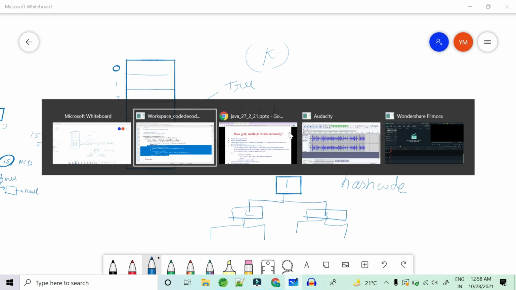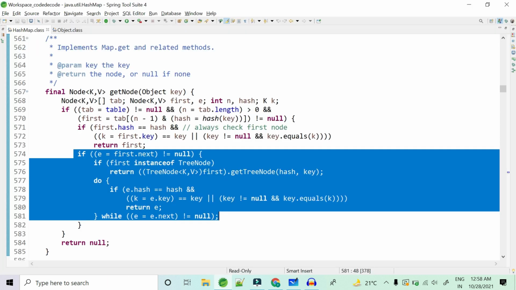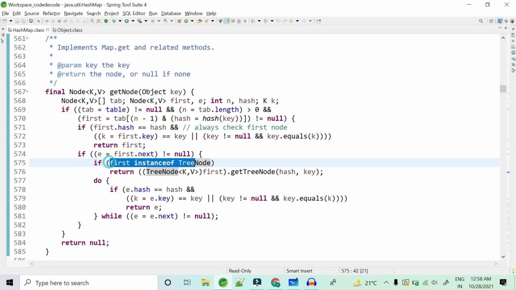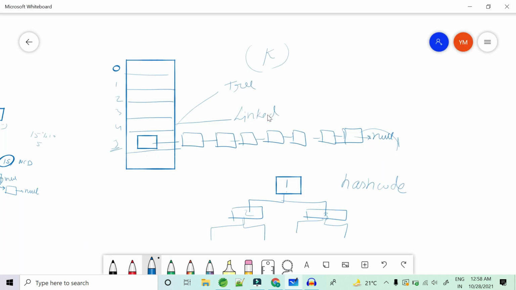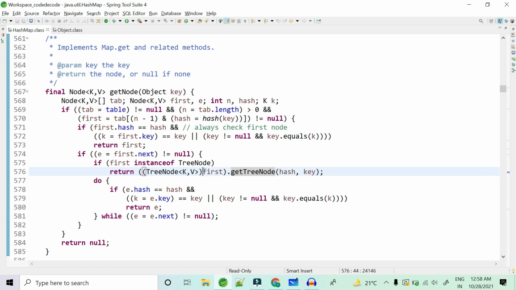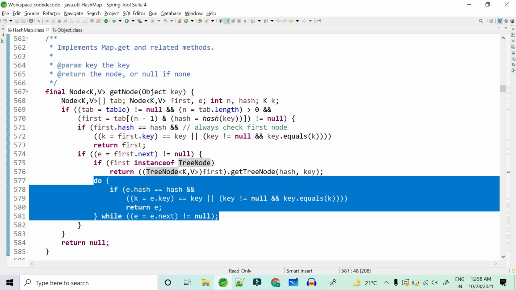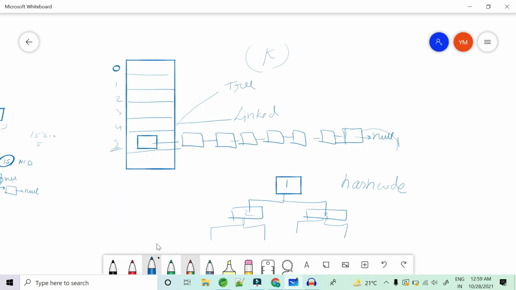So this is how the Java people have done it. They first check whether it is an instance of TreeNode. If it is an instance of TreeNode, go into the tree, get your hands dirty, find the tree node and return it to you. So this is tree traversal in the first case. If it is not a tree, then your task is easy. This is just traversing a linked list. What does this logic say? Go on checking the keys' equality. If it is found, return.